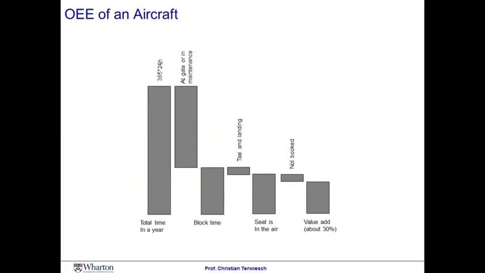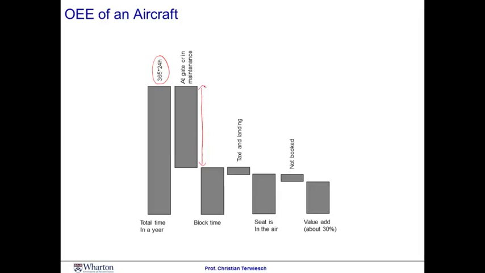Let's apply the OEE framework to the case of an aircraft. We can think of the equipment as an aircraft seat. The seat is only adding value if it is in the air and it has a paying customer sitting in it. What percentage of the time do you think a typical airline seat actually adds value? When I ran the analysis for the big US carriers, I found the following. On the left here, I started with 365 days in the year and the 24 hours that are in a day. Most of the time is lost